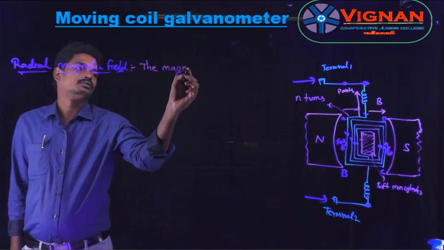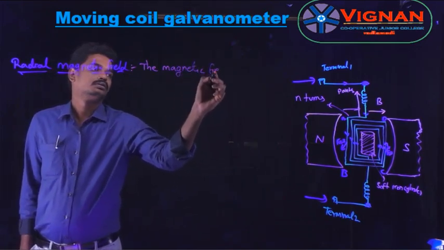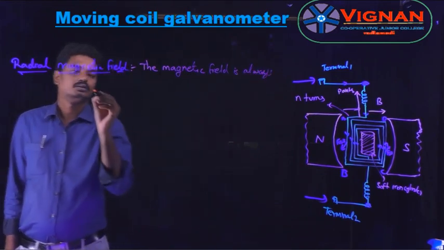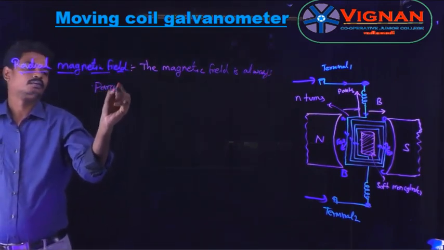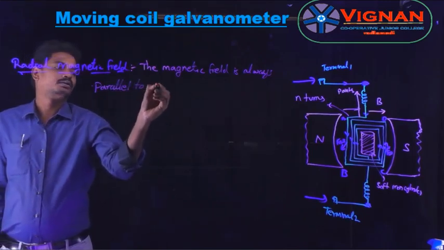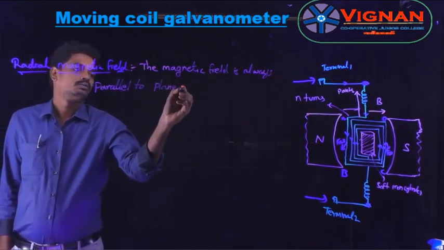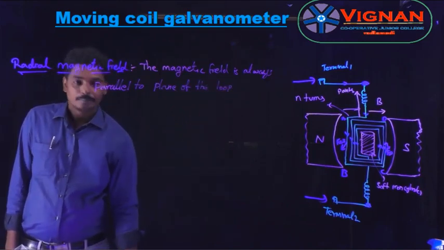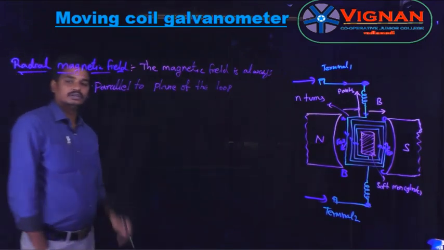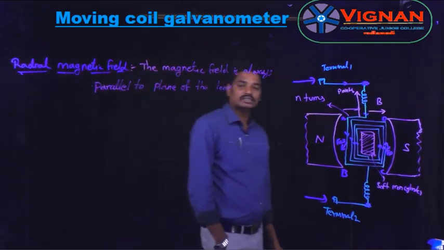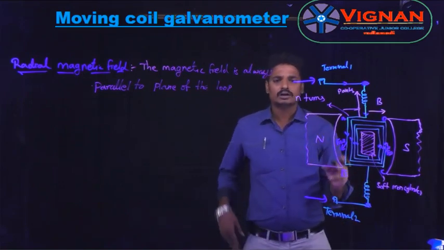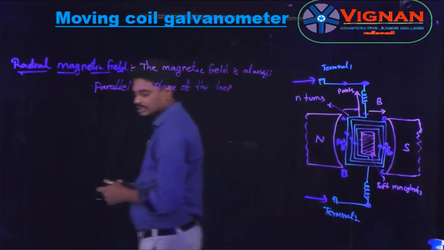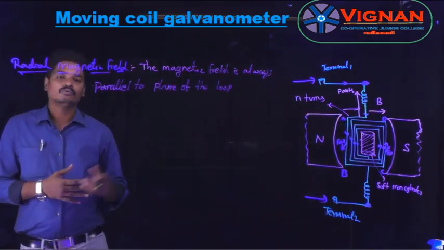The magnetic field is always parallel to the plane of the loop. The generated radial magnetic field is always parallel to the plane of the loop and also perpendicular to the normal of the loop. So from our last discussion, the torque acting on a current loop when it is placed in a magnetic field is given by